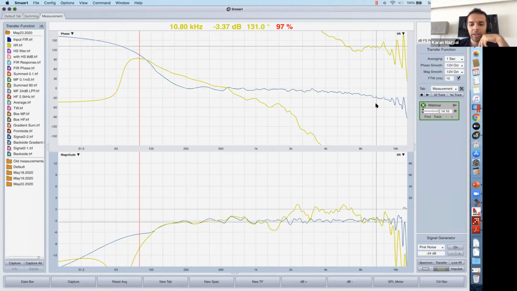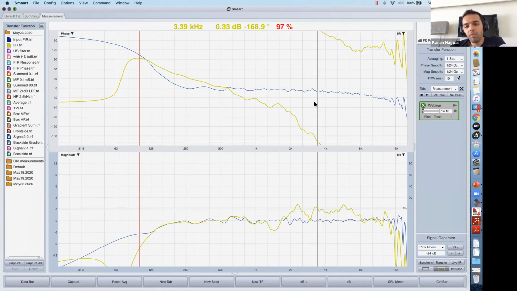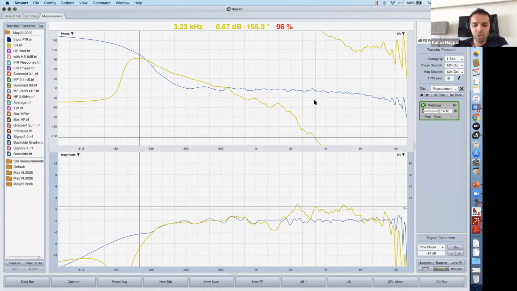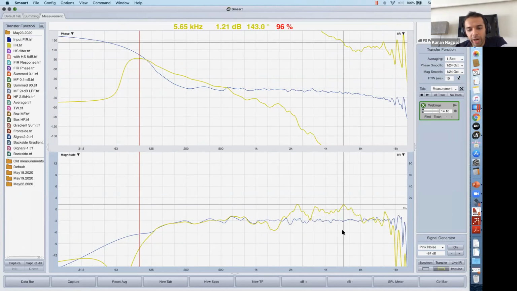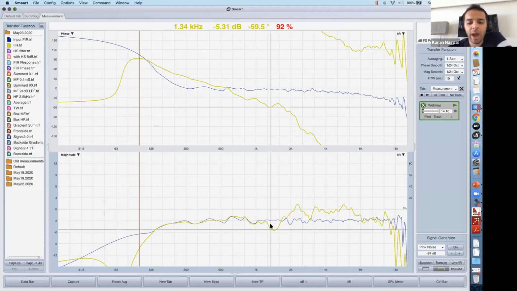So you can see that I've managed to eliminate the entire phase shift by just using the input FIR and getting a very linear magnitude response. We're not adding too much, and for those who would agree, we are cutting more than we are putting. We are at the most adding some gain at 1.4 kilohertz.